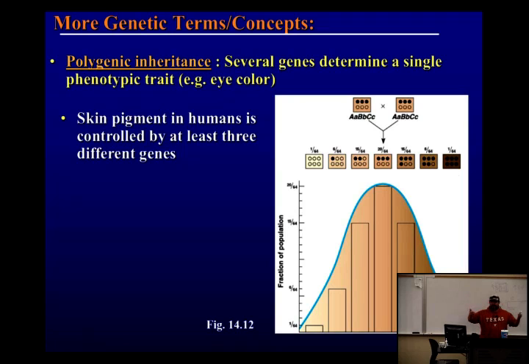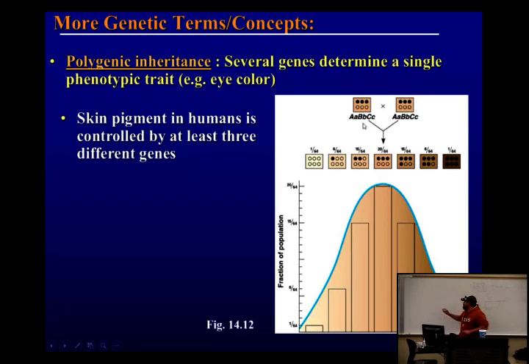The more alleles you have for that pigment, the more pigment you make, the darker you are. And this is a trihybrid cross, so how many gametes can this make? Remember the rule is the number of alleles per gene and how many genes there are. So it's 2 to the 3rd, which is 2 times 2 is 4 times 2 is 8. So you would make 8 gametes, each parent.